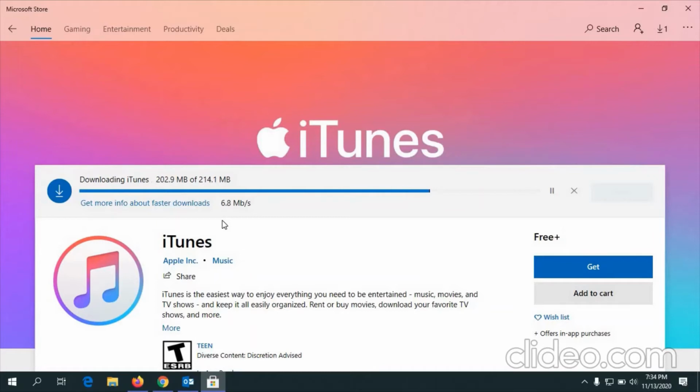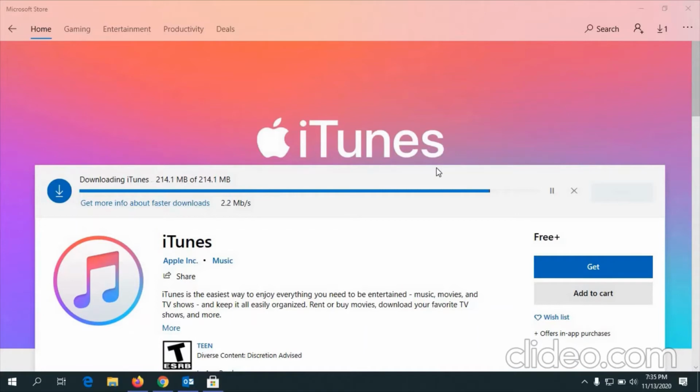201 MB is downloaded. Yeah, so it's almost done, 214.1 MB of 214.